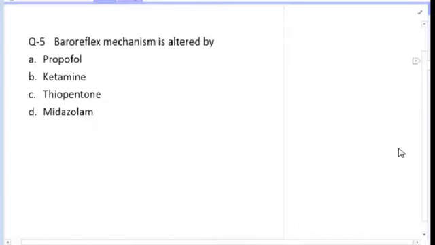Now question number 5. Baroreflex mechanism is altered by propofol. Now propofol is also known as